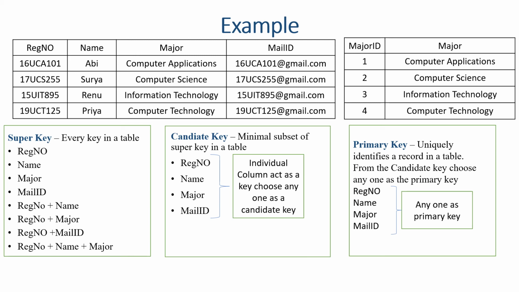So next, for example, we are going to see the composite key example. A composite key has to have more than one attribute to uniquely identify a row in a table. So in this table, we can consider register number and mail ID combined, these two columns, to uniquely identify a row in a table. So that is called a composite key. So these are some of the keys in the relational database management system. Thank you.